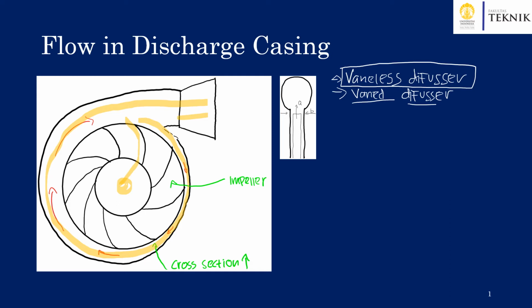So the veinless diffuser has a simple design and a simple geometry as depicted here on the left. It consists only of the impeller and the casing that increases the area up to the outlet, or up to the nozzle. If we have a look at the side view of the impeller, so this is the nozzle if we look from the side view, and this is the front view, so to say,